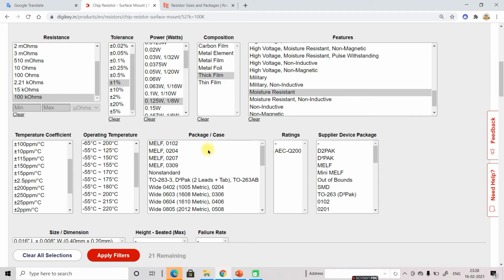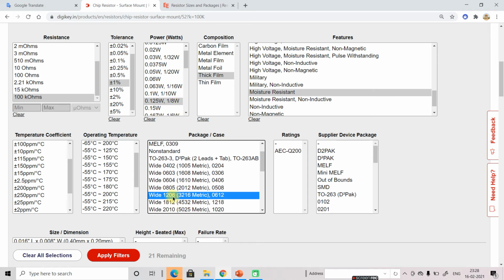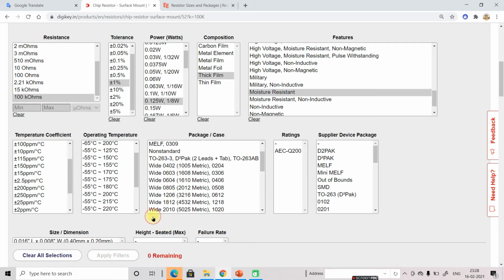You can select here. Packaging, you don't care about packaging. Whatever package you have selected here, you have to select the same package here. So here the package is 1206. So we have to select the 1206 package here, otherwise there will be a mismatch.